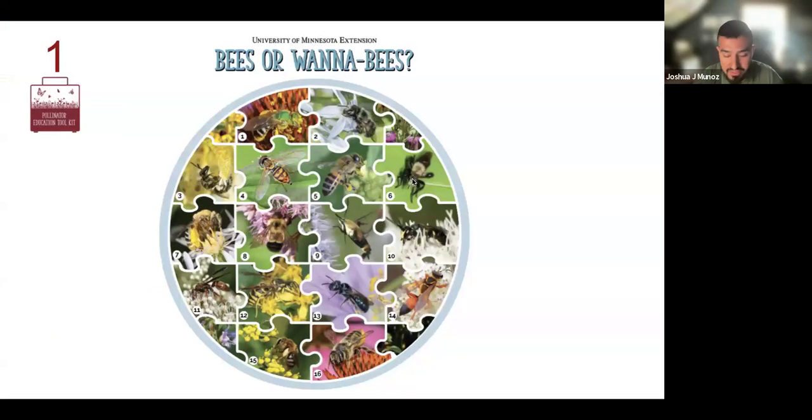So this is station number one. This is on the packet right when you get started. This goes into what is a bee, what is not a bee. It's called Bees or Wannabes. If you buy the toolkit, you'll get a poster of it. And I highly suggest